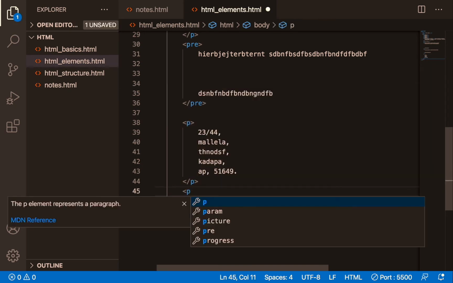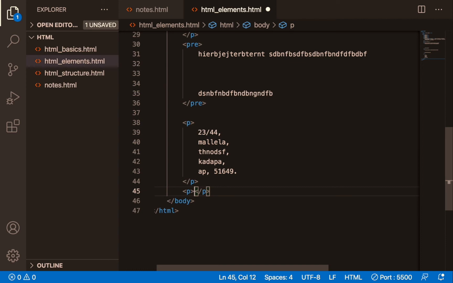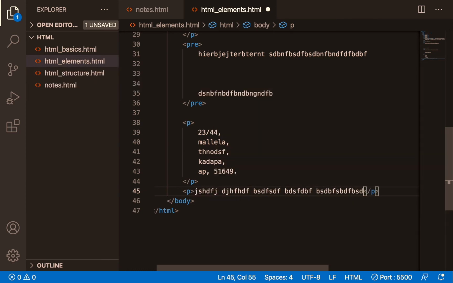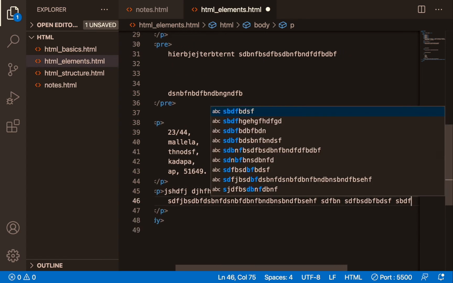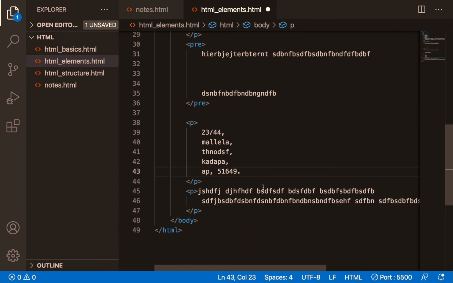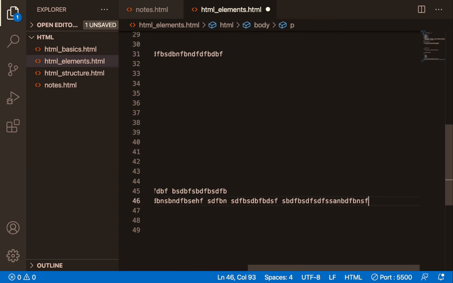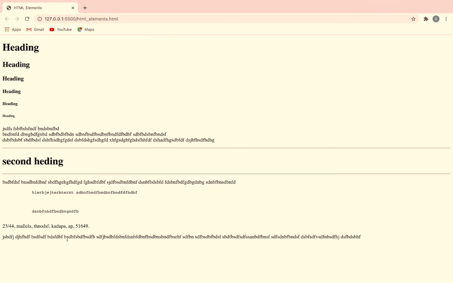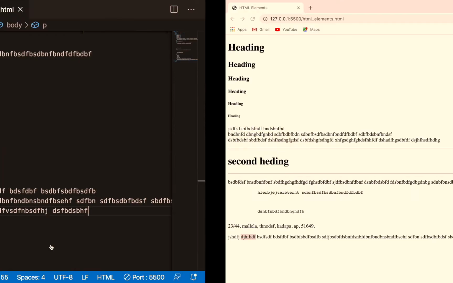Let's write some paragraph. Save it. So this last line is the paragraph I have written. In this line I want to highlight the second word. Okay, that is my requirement. How can I do it?